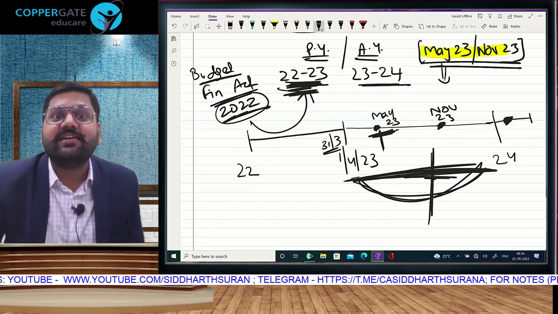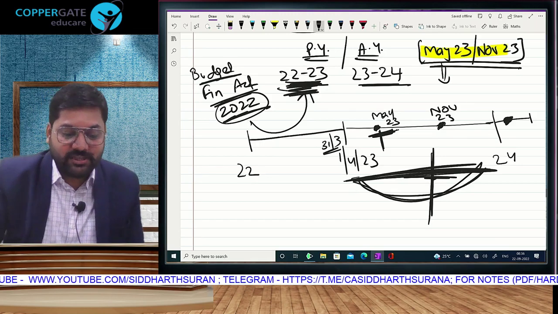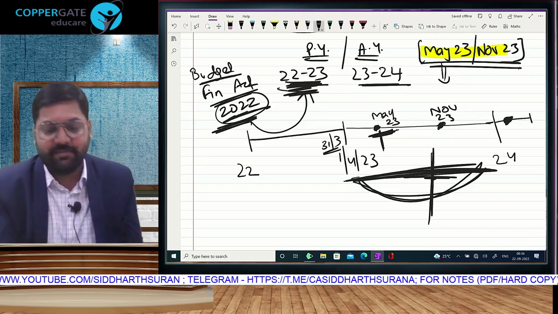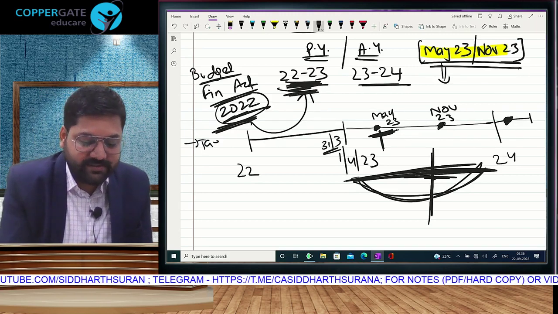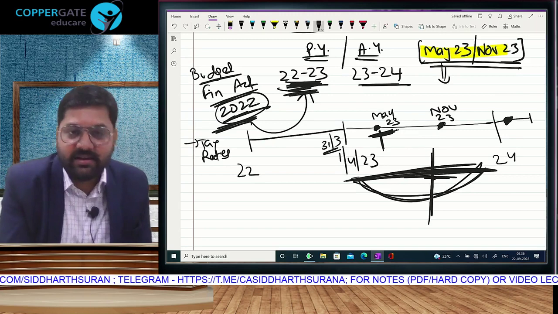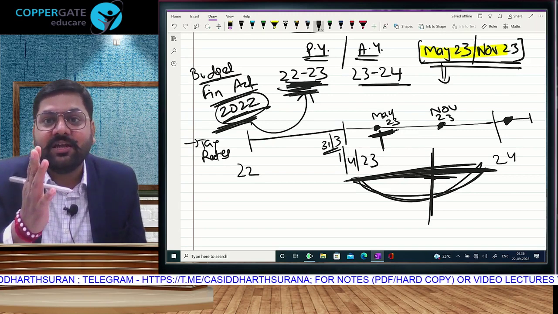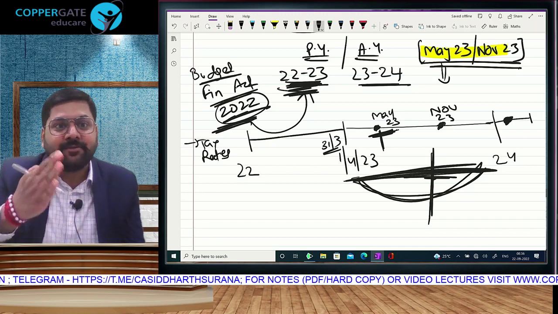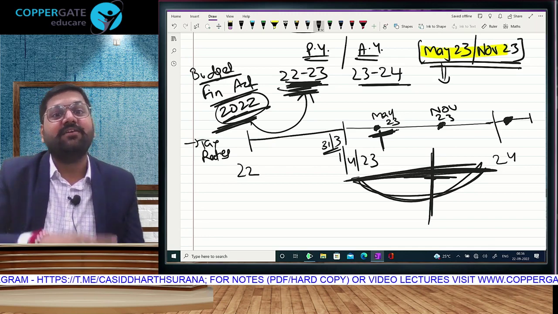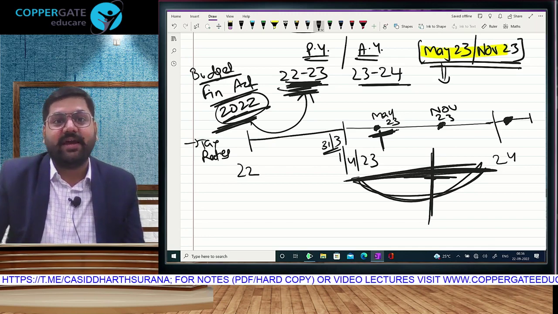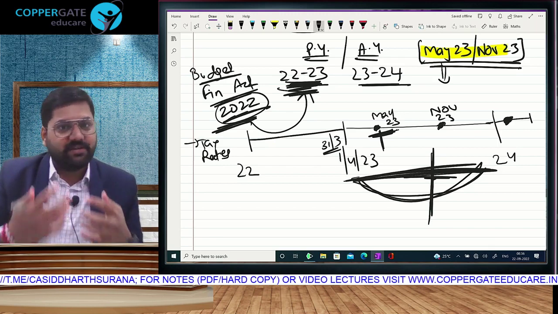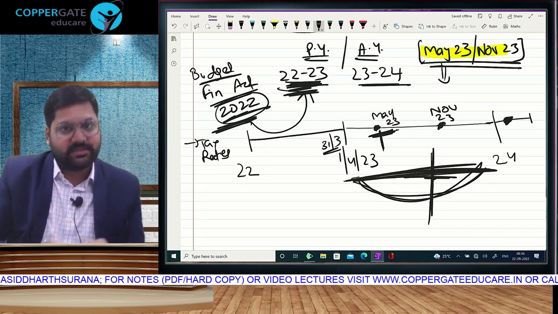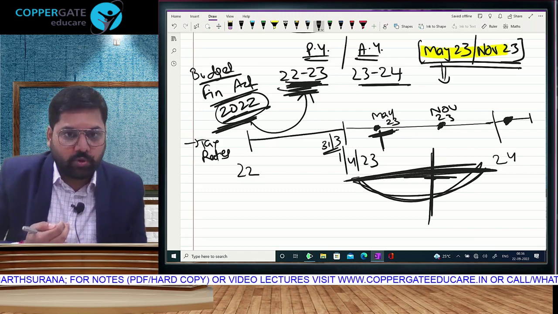That is where our interest starts, because this budget brings the two things in our syllabus. One, the budget gives us tax rates. Ladies and gentlemen, income tax rates are not given in any section of the Income Tax Act. It is given where? In the Annual Finance Act, in the budget. When the budget is pronounced, it is passed through Lok Sabha, passed through Rajya Sabha,